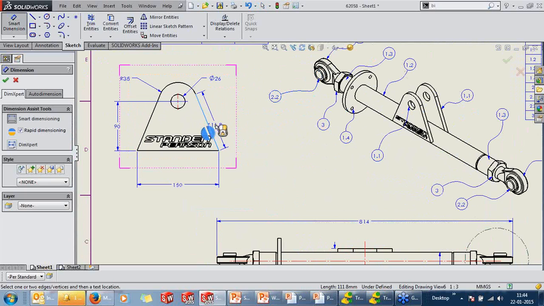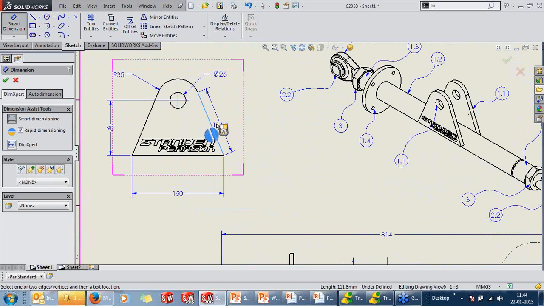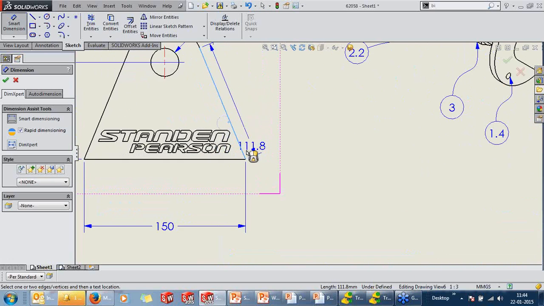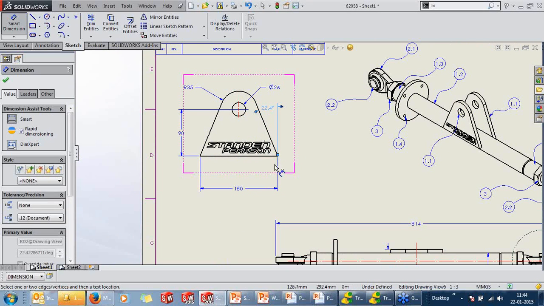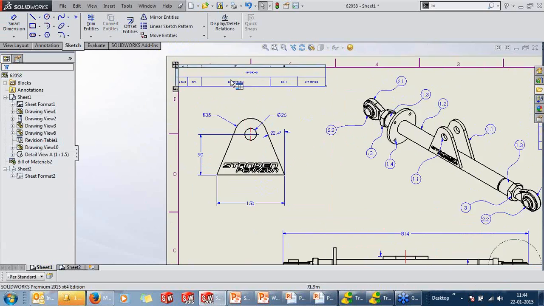If you want to add an angular dimension here, you have to create another reference line. Instead, you need not do that in 2015. Just by selecting over the vertex, you now have a manipulator, so you can start off dimensioning it. In terms of